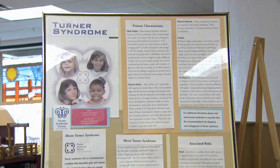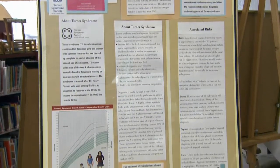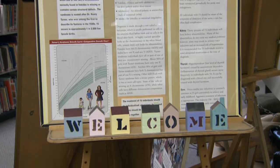Nonverbal learning disabilities is something that could affect boys and girls, and it could also impact those with Asperger's syndrome or Williams syndrome. That is basically some deficits with organizational, spatial, and social abilities. But the symptoms vary by individual. Everybody's different. Turner syndrome is usually diagnosed either by amniocentesis before the girl's born, or by a special blood test